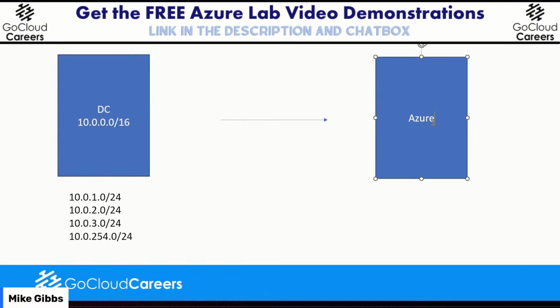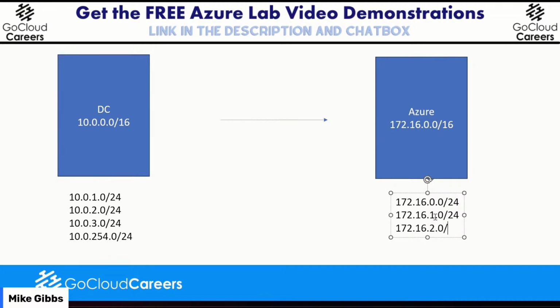And if in Azure what we had was, say, 172.16.0.0/16 as the CIDR range, then I could easily have a 172.16.1.0/24, and 172.16.0.0/24, actually make this 0 just for my math to feel good in my mind, even though both would work, and 172.16.2.0/24.